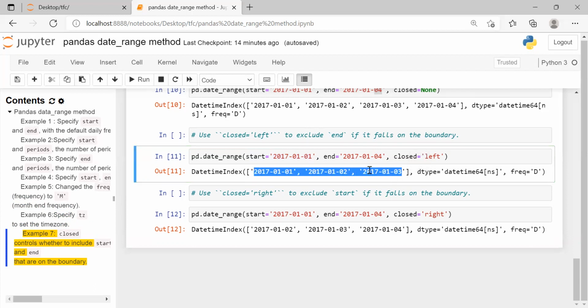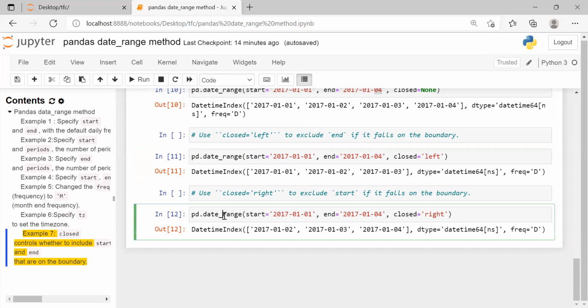Similarly, if you give closed equal to right, then the start date will not be included in our result. So in the pd.date_range function, the start date is 1/1/2017, given in datetime format, and the end date is 4th January 2017, given in datetime format, year, month, and day.